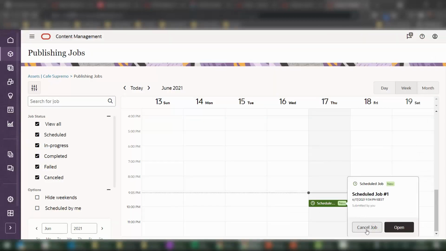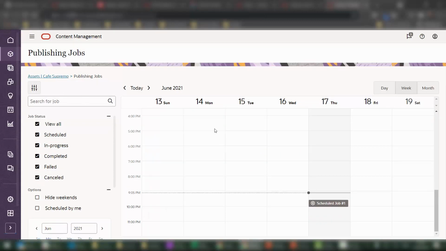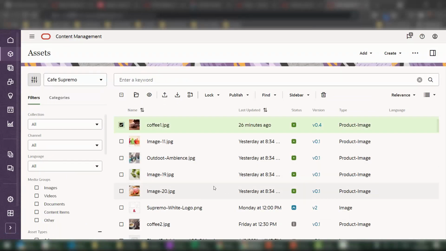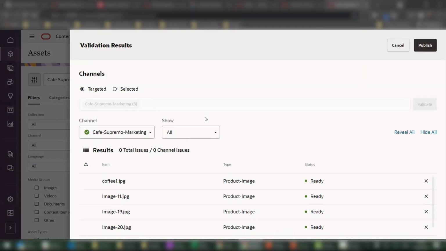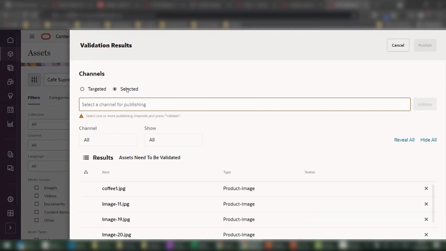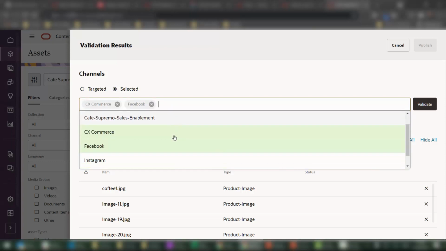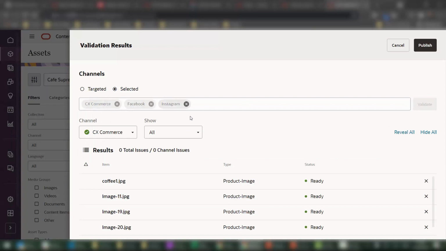Alternatively, we can also publish the same assets immediately through the same process, selecting the assets and then clicking on Publish Now. Same process applies, only this time I don't get the prompt to schedule the job. I can select which channels I want to publish to. So for example, maybe I want to publish to commerce, to Facebook, to Instagram. Of course, I validate if I have any workflows assigned to these particular asset types, and I am only allowed to